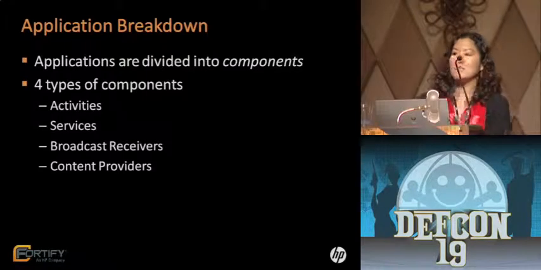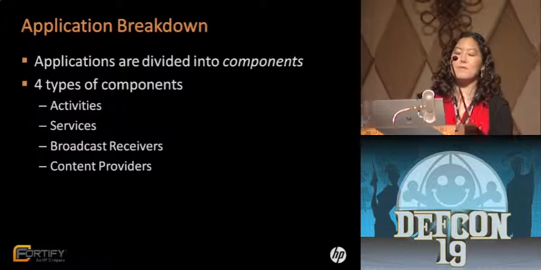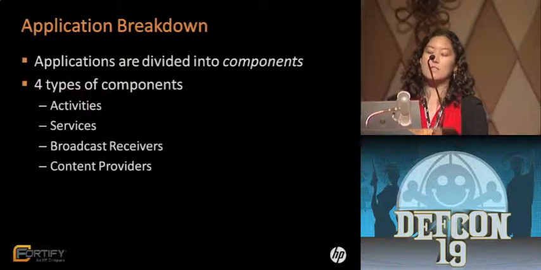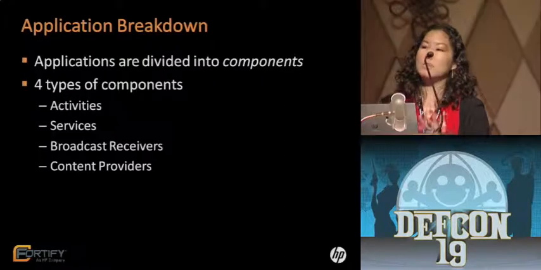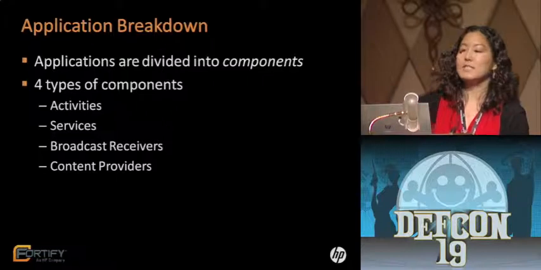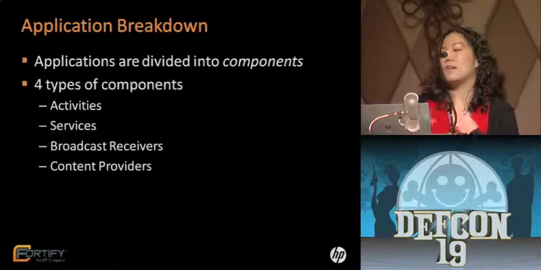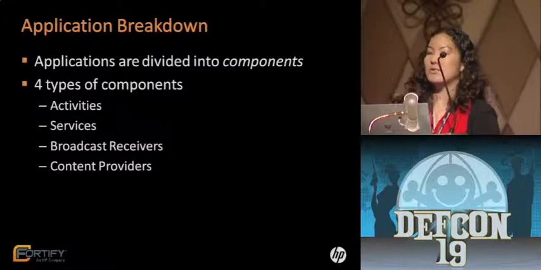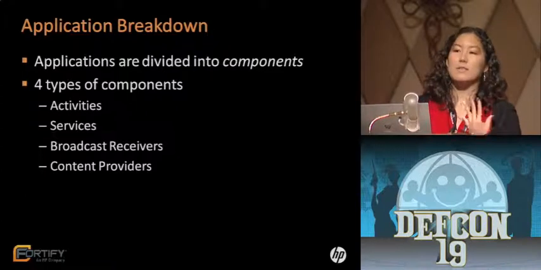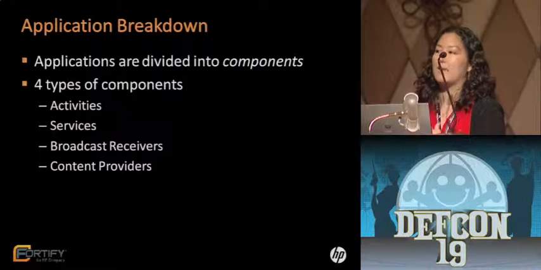So applications are divided into components. There are 4 types of components. The first type of component is an activity. Activities are basically the user interfaces. Each screen you see on your Android application is its own activity. Services are components that run in the background and don't interact with the user. So these are well suited for long-running processes, like if you wanted to implement a music player, things that run in the background, that's what a service